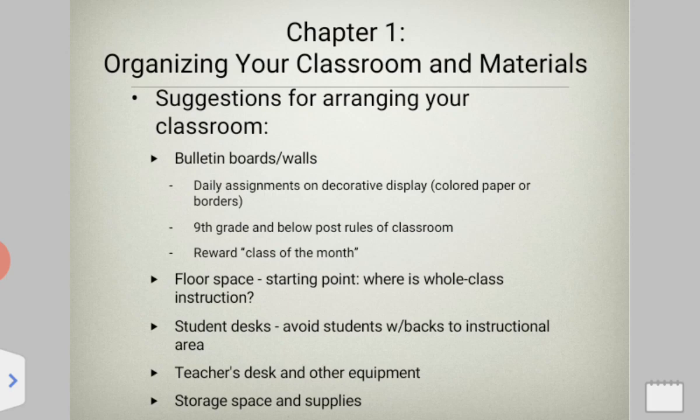In the bulletin board, you can also post as a reward the class of the month, or the students of the month, or probably the students who worked really well along the week, or the students who are behaving really good, right? So then it becomes more like a stimulus for them to be posted in the bulletin board. Probably another tip that we can highlight from this chapter is that